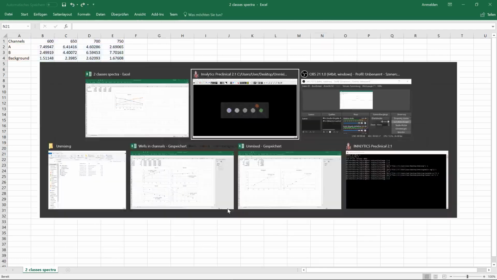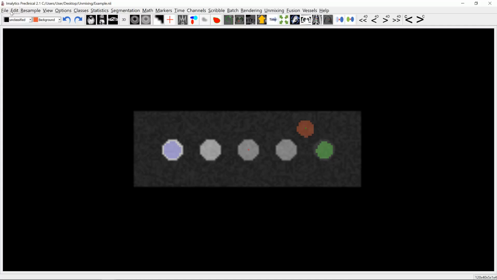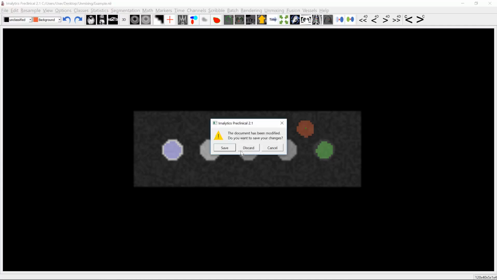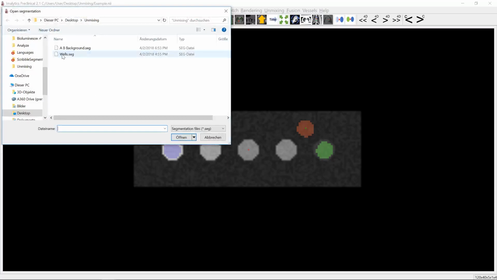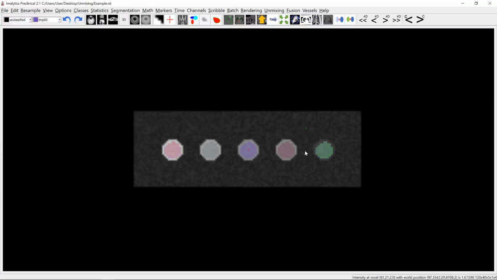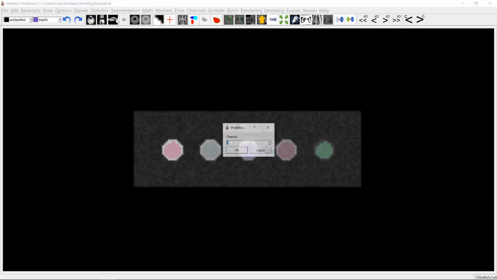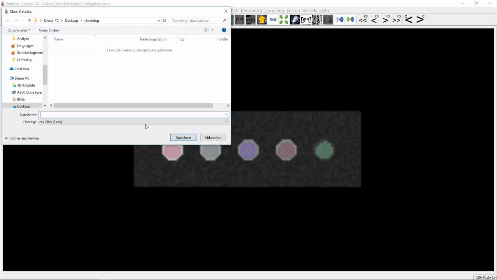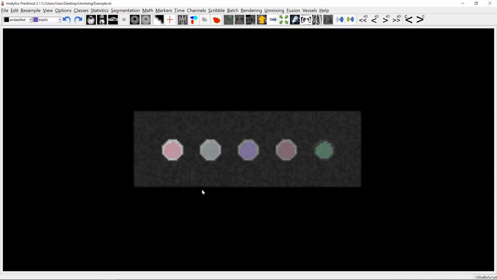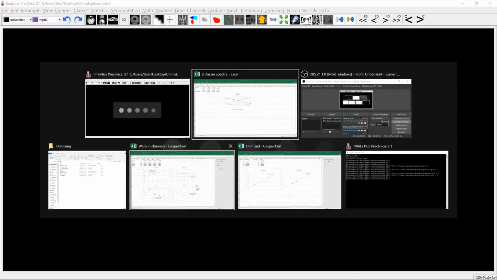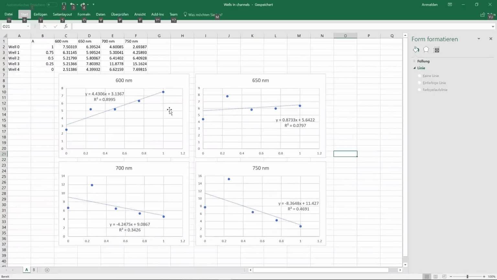So if we just perform a quantification, let me load a segmentation of the wells here. These are 5 wells segmented. Now you can perform here quantification that computes an Excel sheet for each channel here, for example like this, channel 0. But I prepared an Excel sheet also to look into that. So if we look at the amounts here